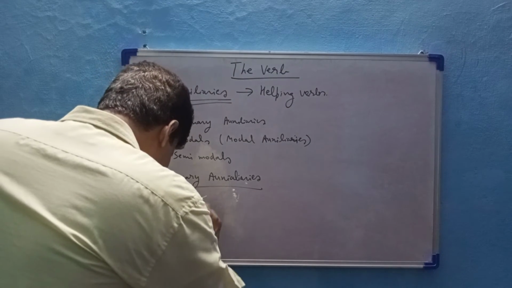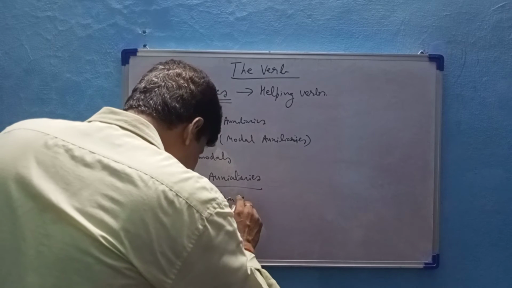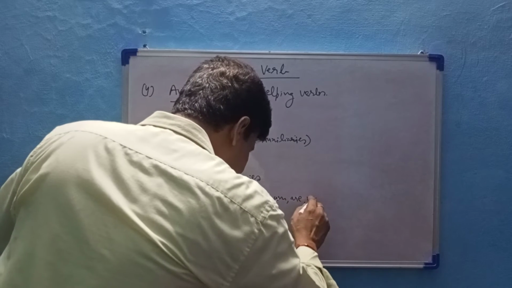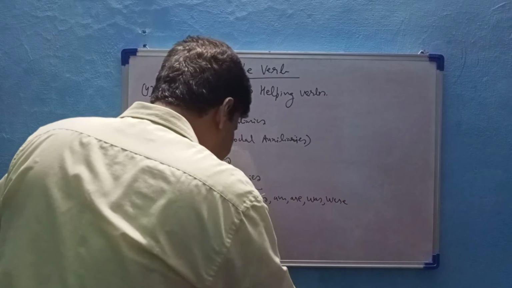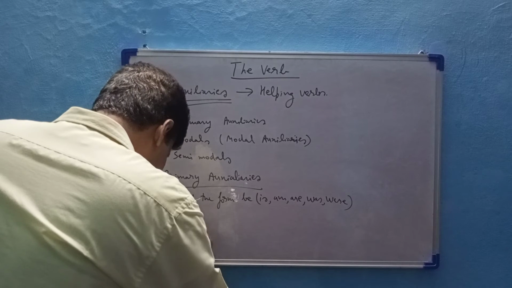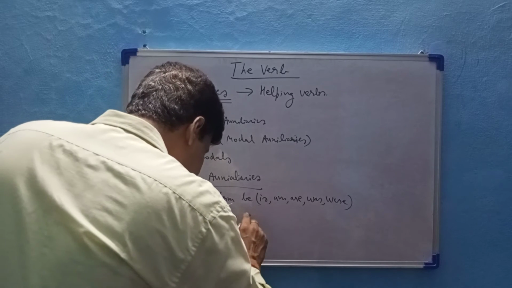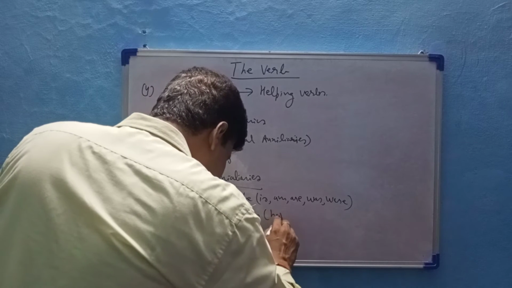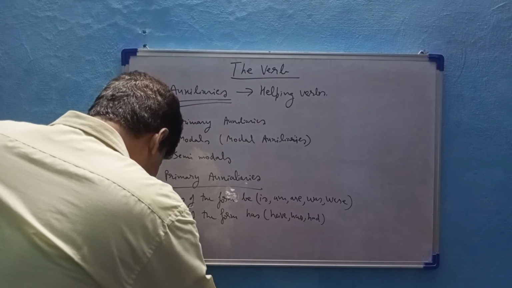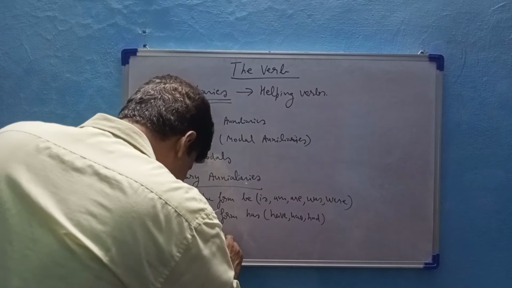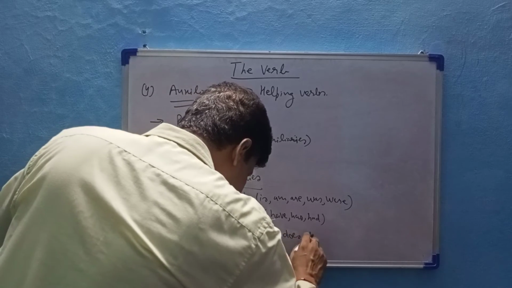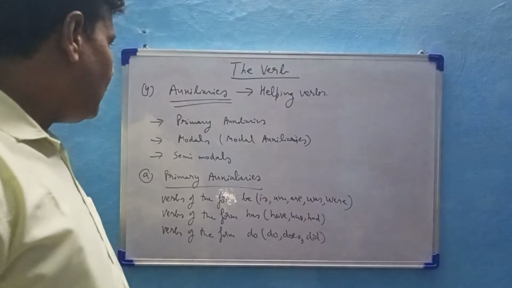Verbs of the form be: is, am, are, was, were. Okay? Verbs of the form has: has, have, had. Verbs of the form do: do, does, did. Okay, so